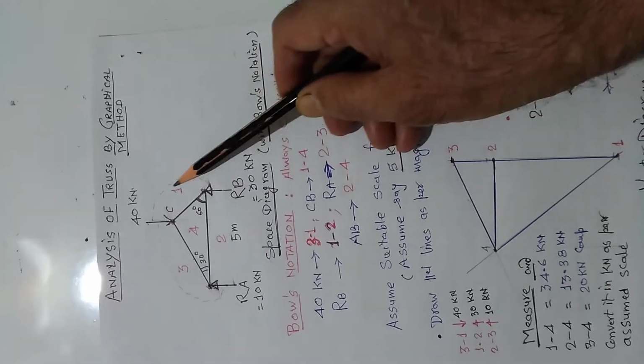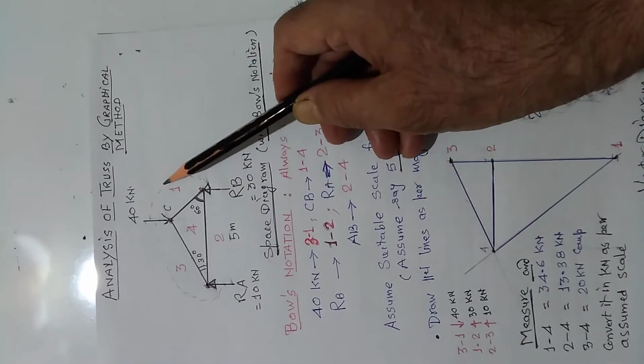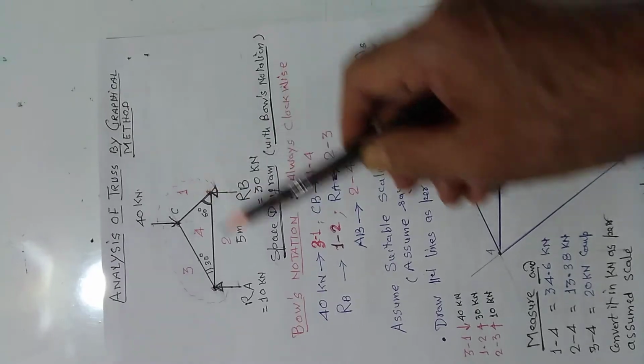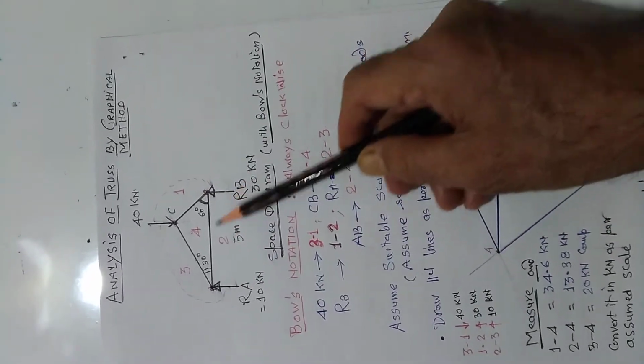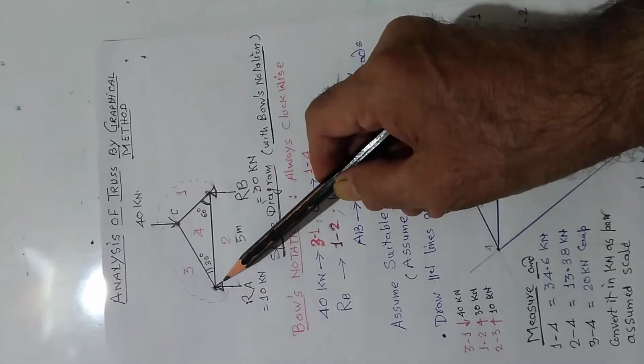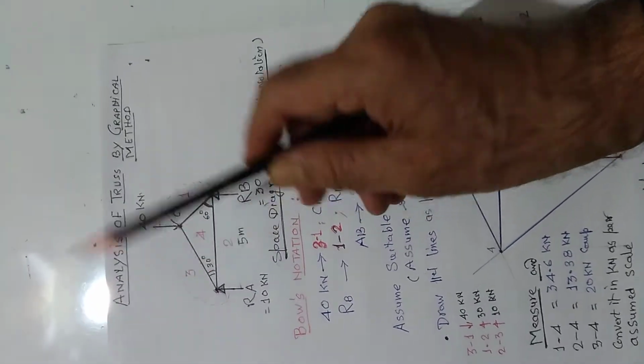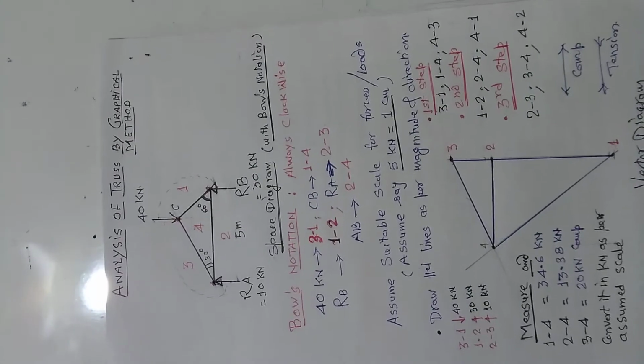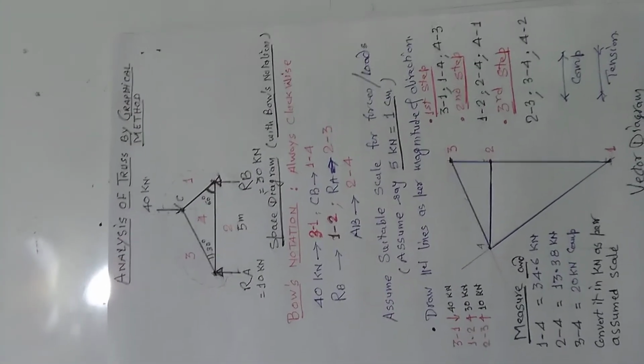These numbers are given in the spaces available. From here to here there is one space, and one space has one number. Here to here is one space and one number. Here, in one space, one number. From here to here, one space, one number. No repetition of number should be given.